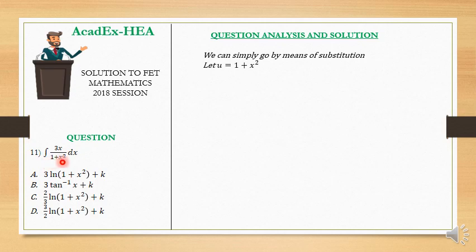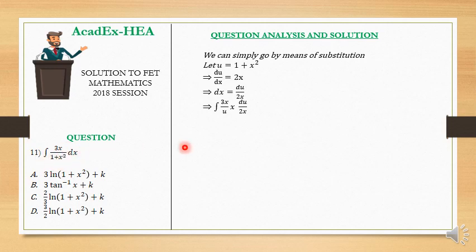If we let u be 1 plus x squared, it means that du dx, if we differentiate u with respect to x, we're going to have 2x, and then we can cross multiply to have dx equal to du over 2x. Then our integral that was given to us was 3x over 1 plus x squared, where we let 1 plus x squared be u. It means we are going to have the integral of 3x over u dx,